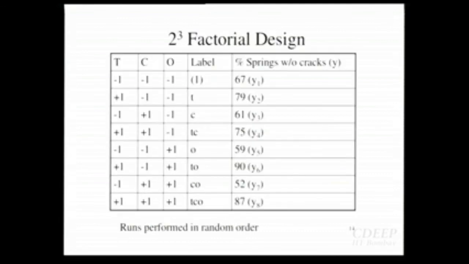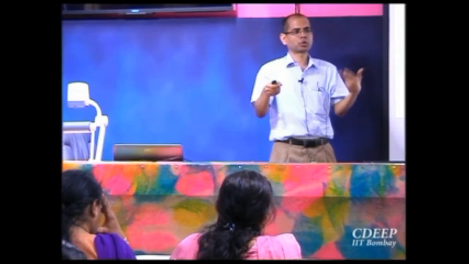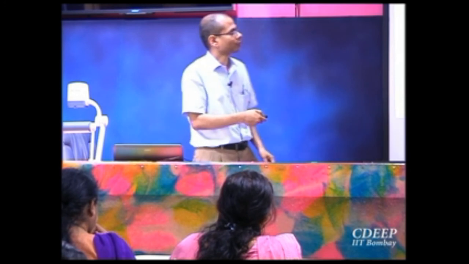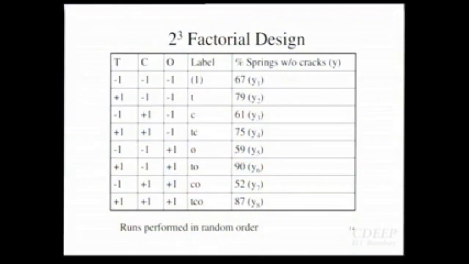So you have three factors, and what you are going to do is you perturb. In this factorial design, for each factor I will increase or decrease, so there are two values. For each factor I have two values. So in total I can have 2 to the power 3, 8 combinations, right? You perform runs at each of those 8 combinations. Okay, you collect your response variable y at each of those 8 combinations.